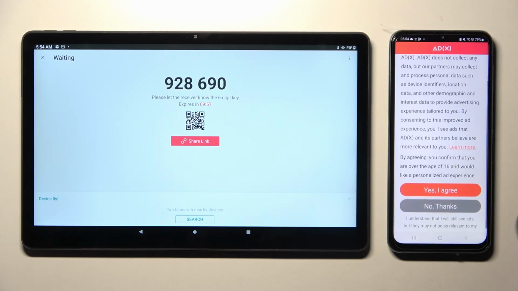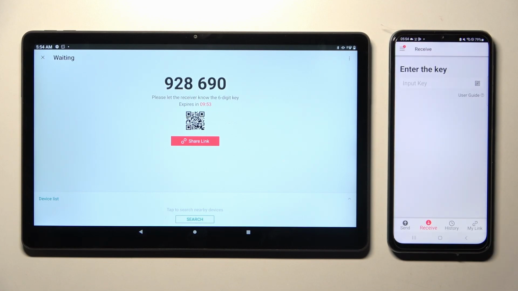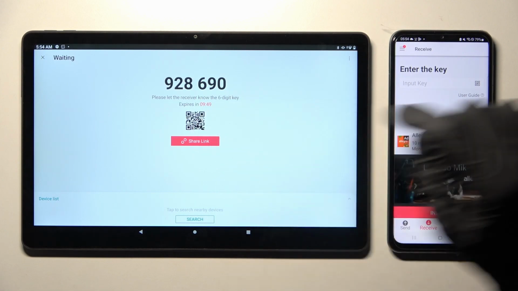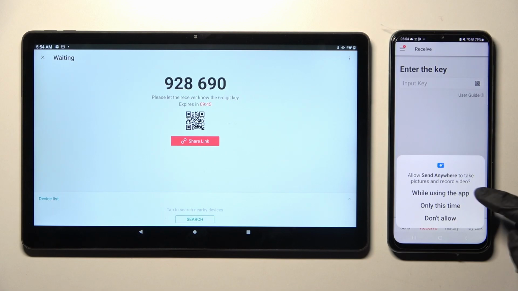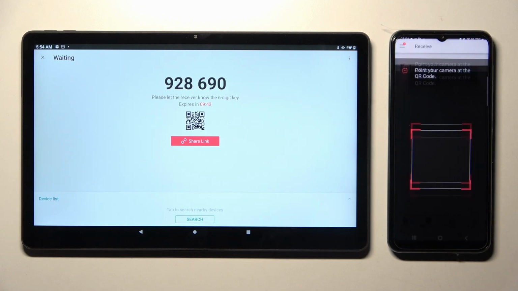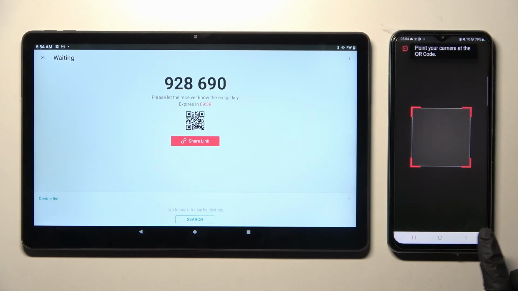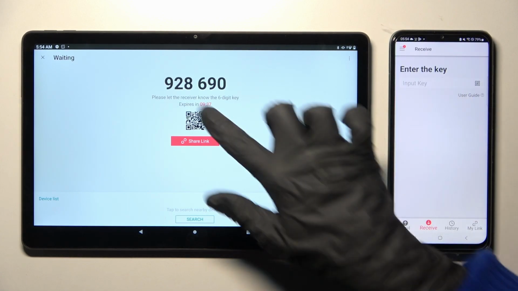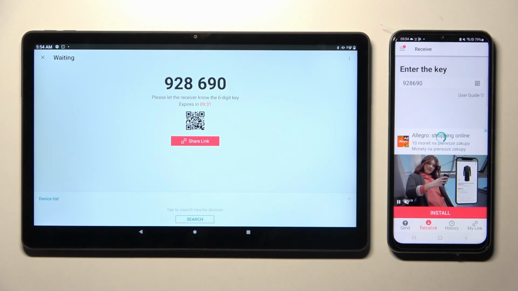Now pick one of those options on an Android, click on Close this window and select the best connection way for you. You can scan this QR code by tapping on the scanning icon here, choosing while using or only this time and pointing your device's camera at the code. Or you can input this key over here as well and tap on Receive button. Either way, after a couple of seconds, as you can see my photo